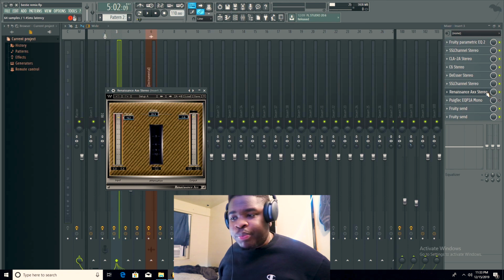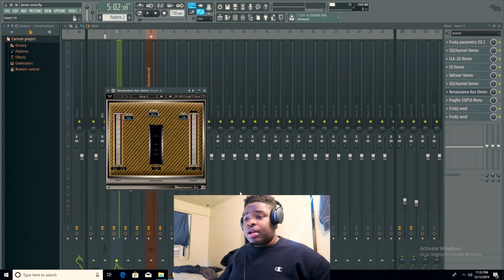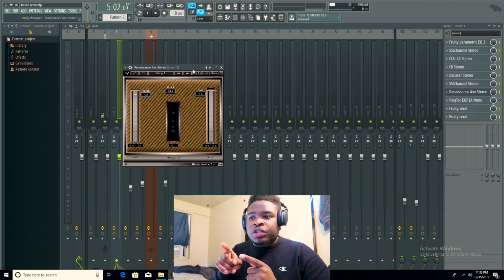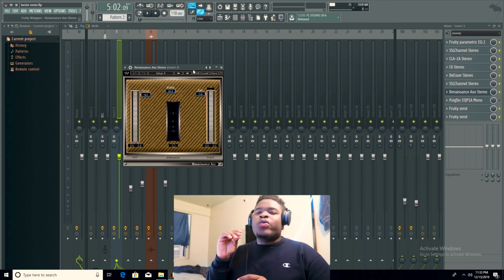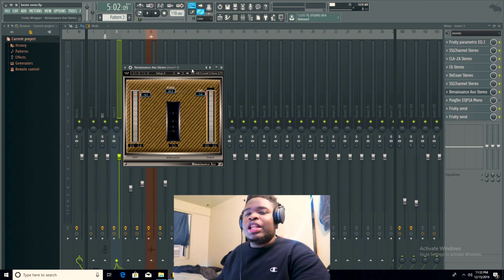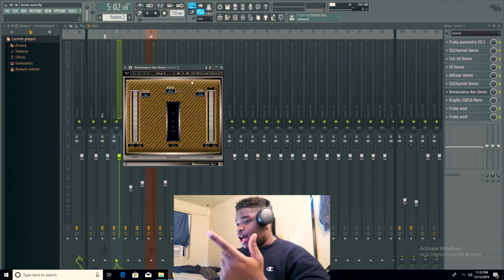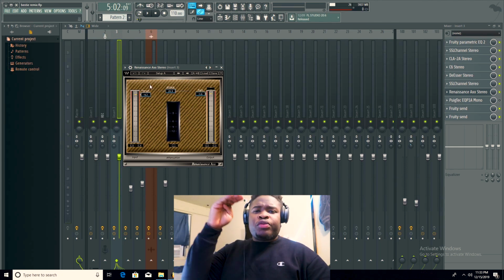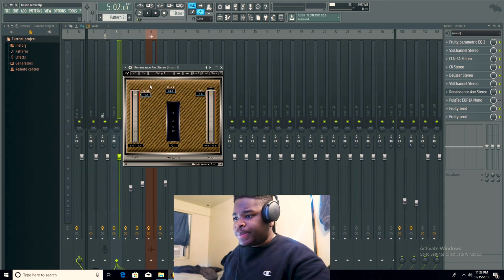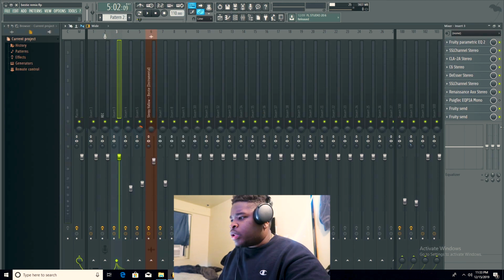I have another compressor, and this compressor is the Renaissance AXX. I saw Drake and his engineers using this compressor, so I knew right away, like, yo, if Drake and his team are using this compressor, I definitely should be looking into it and seeing what I can do with it and really learn it, you know? So I use this compressor. I bring the threshold down, so when the vocals reach the threshold, it starts the compressor, and I just control the volume with the dials.